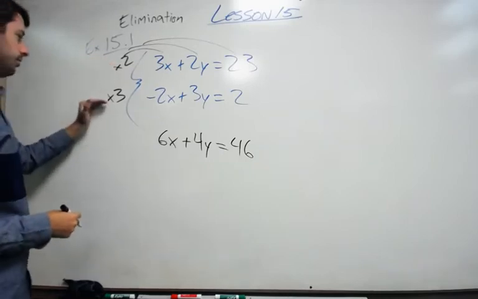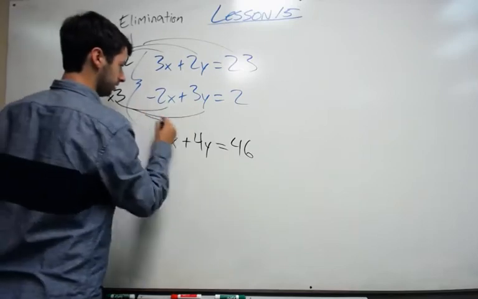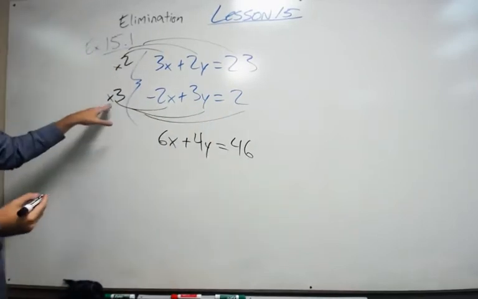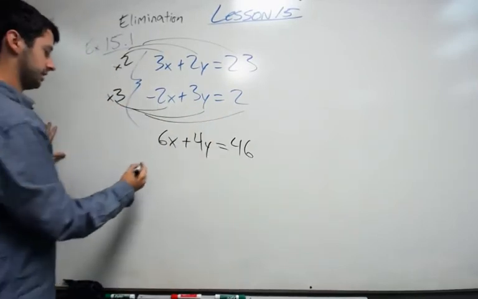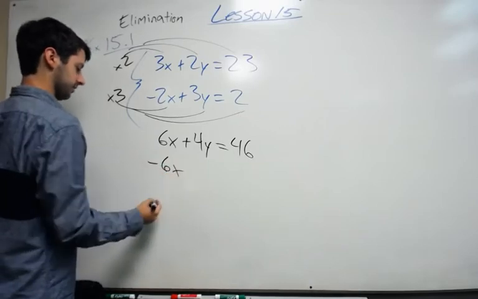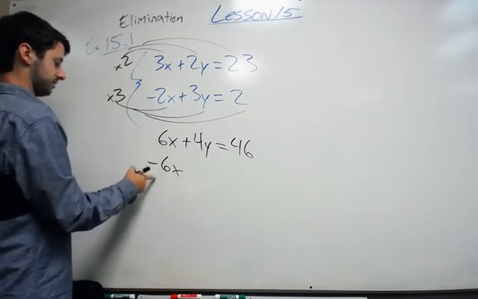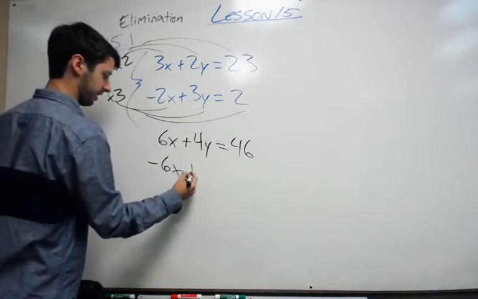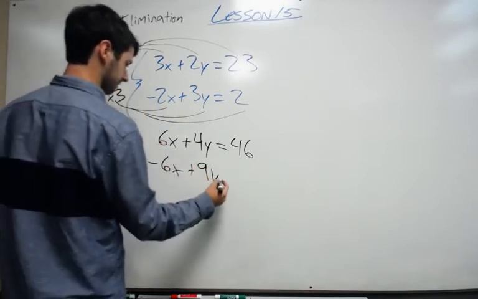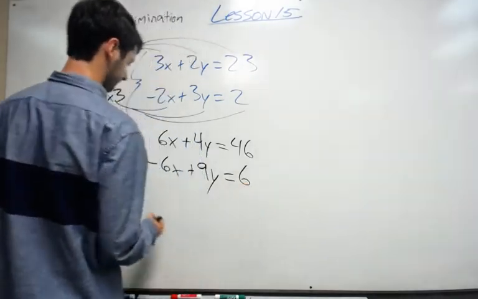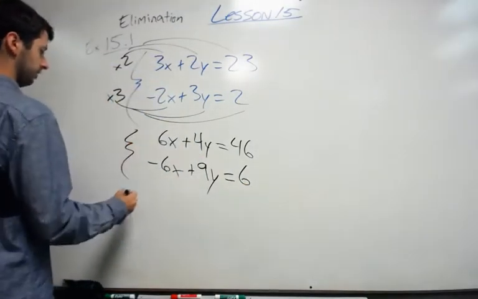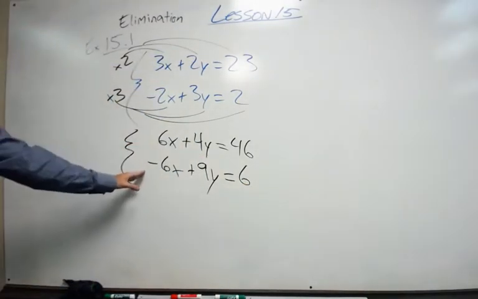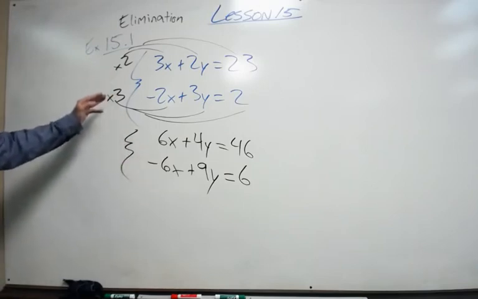Then we multiply 3 to everything on the bottom. 3 times negative 2x is negative 6x. Notice these are opposites, so we'll be able to cancel those. 3 times 3y is positive 9y, 3 times 2, 6. So now we are at this point. We've multiplied the top equation, gotten to this point,